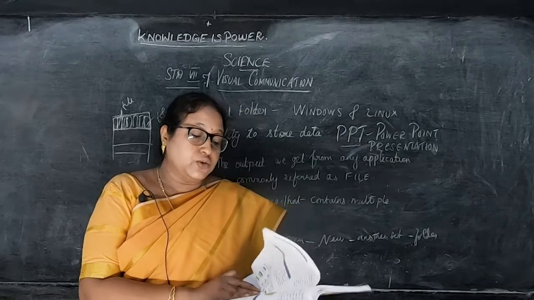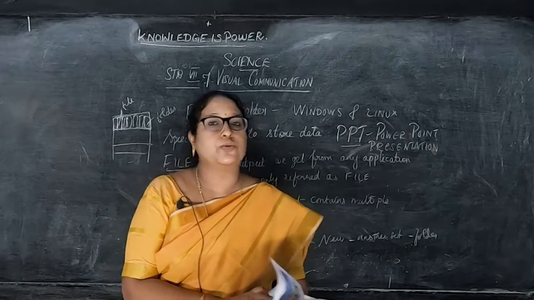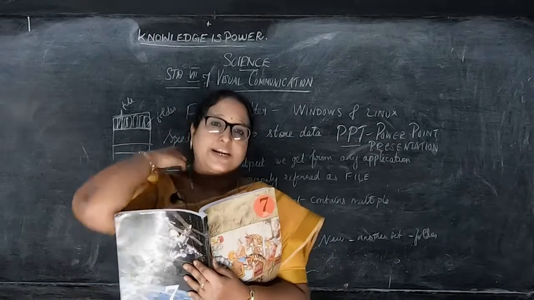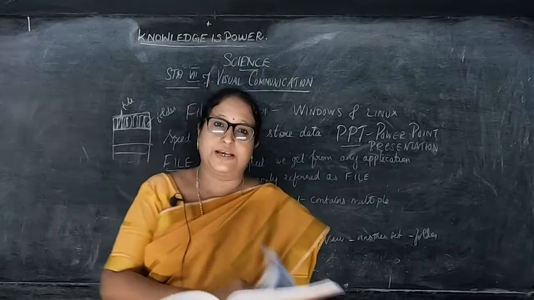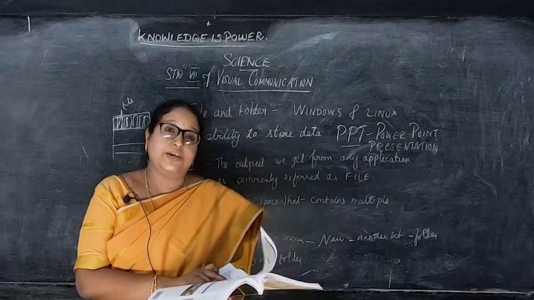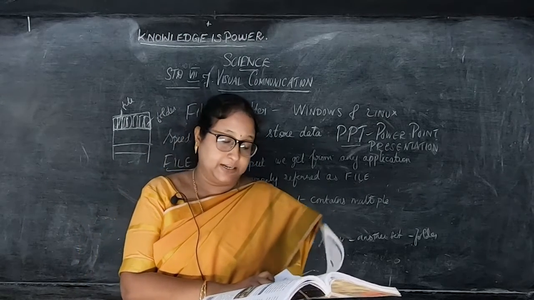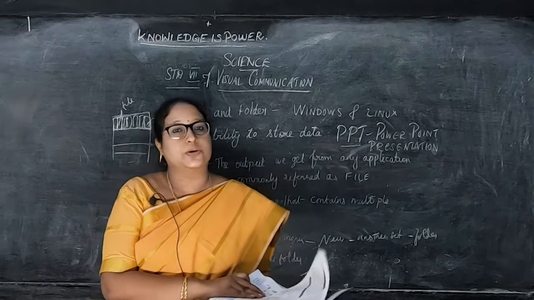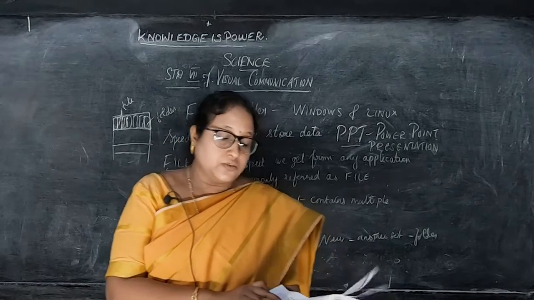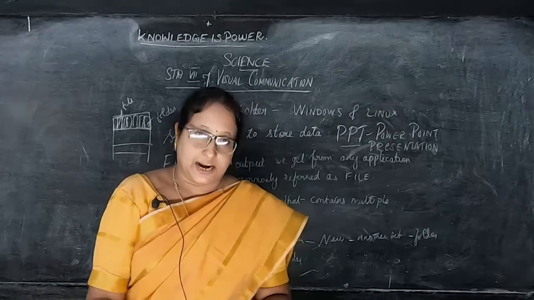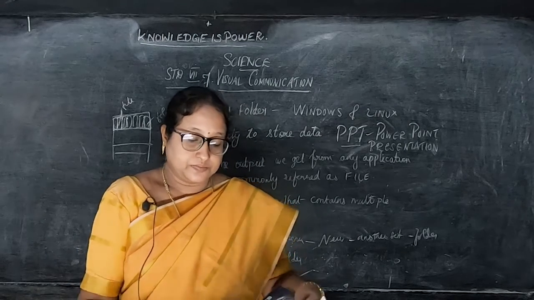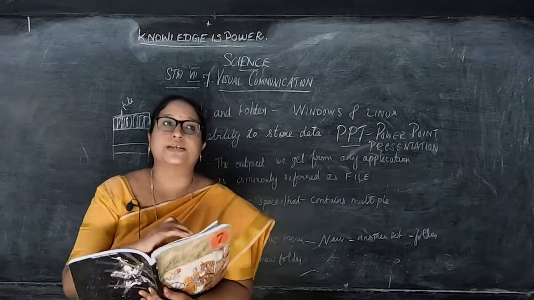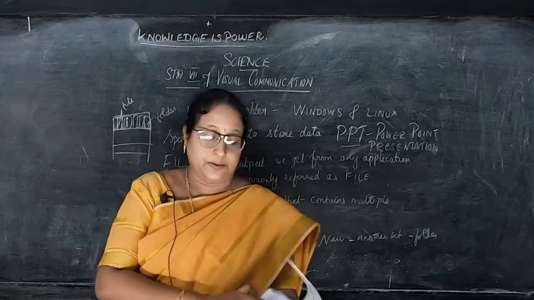Okay. Now we use a guideboard to go to unknown places. When we are going to unknown places or going on a tour, a guide comes along with us, right? Or else we take the guideboard, that is the way to go. When we turn on the computer and click the start button at the left corner of the computer, it shows a list of all the programs in the computer. So when you click the start button, it shows the whole list.